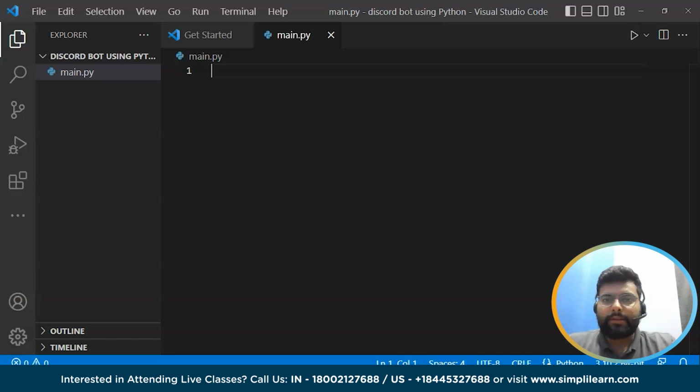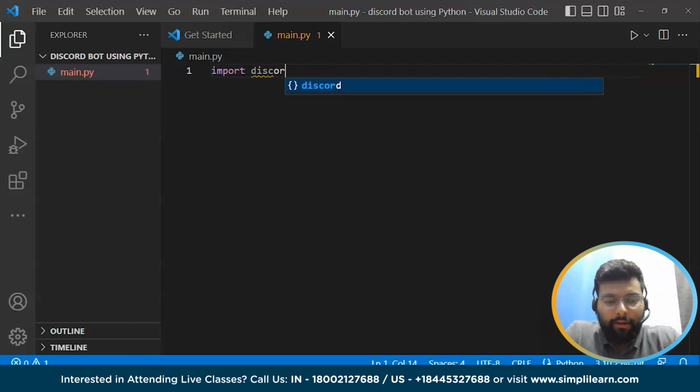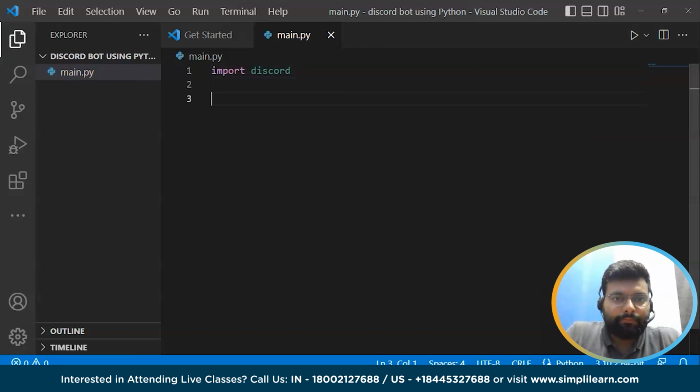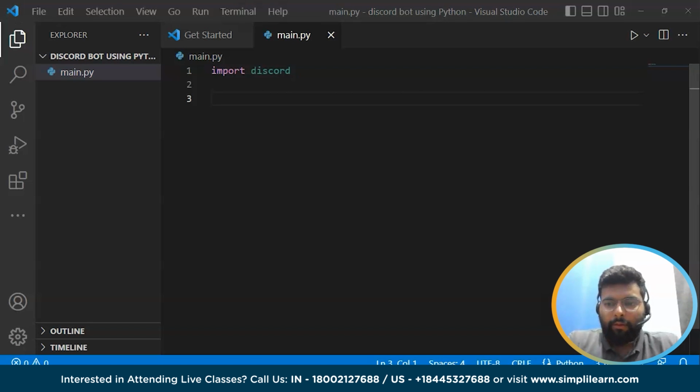Now moving on, after installing the libraries and authorizing our Discord bot, now we'll write code to get our bot online and get some responses from it. So first we'll import the Discord library, and for that we'll write the command import discord. So here we have imported the Discord, and now first we'll get our bot online, and for that first we'll set the intents,